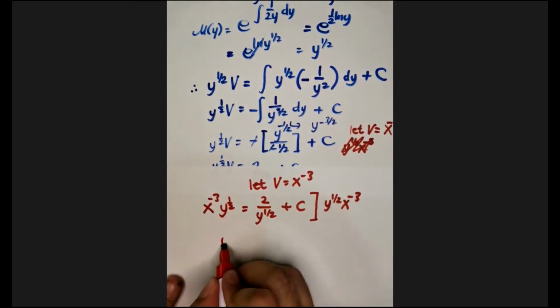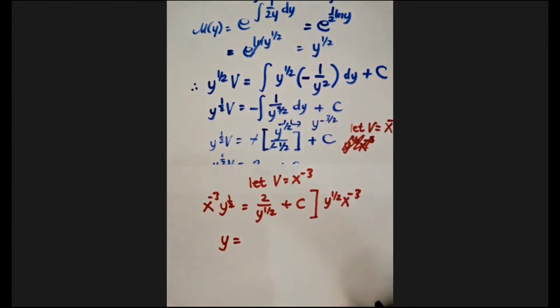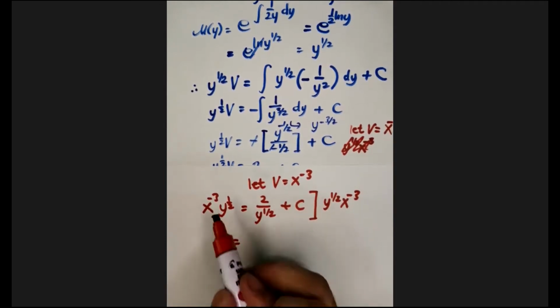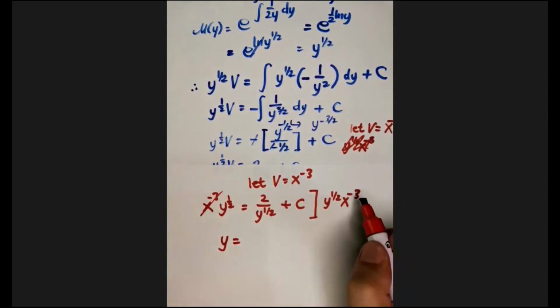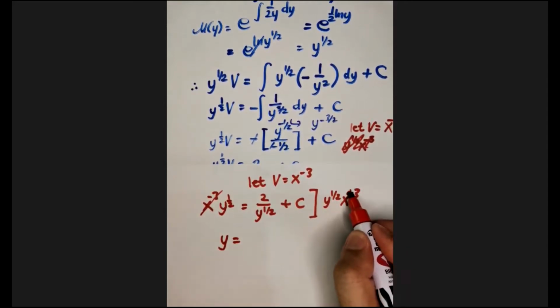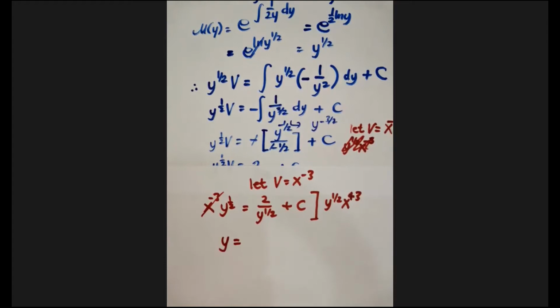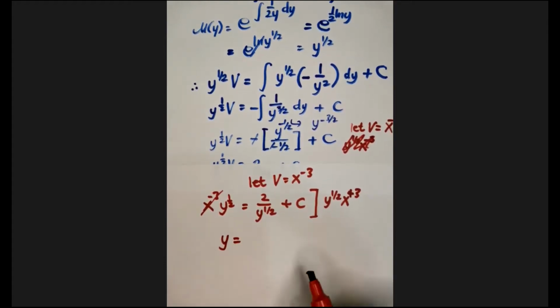So we'll have y is equal to, cancel this. Oh, it's not negative 3. Positive 3. So that will be